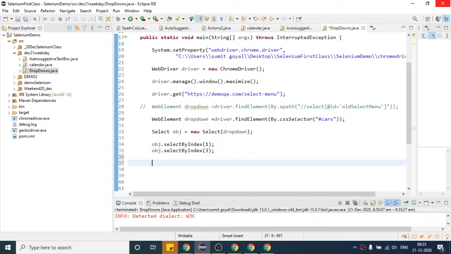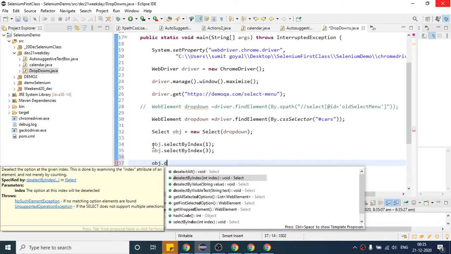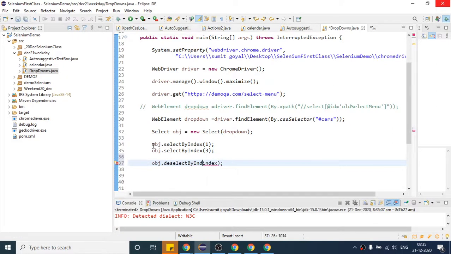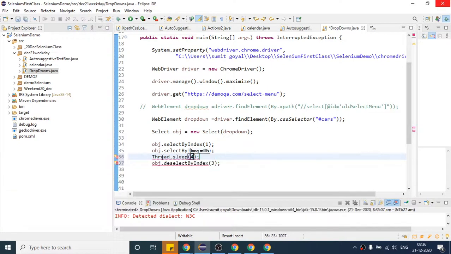And if I comment this, after selection, suppose I want to deselect, I can use obj dot deselectByIndex. I will say 3. Let me put some wait so that we can see whether it is deselecting or not, otherwise we will not be able to see. So 4 seconds.